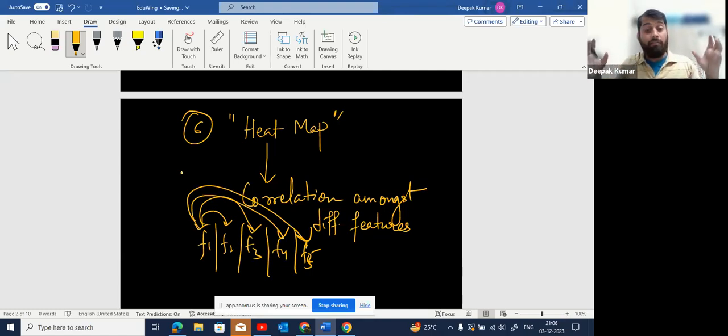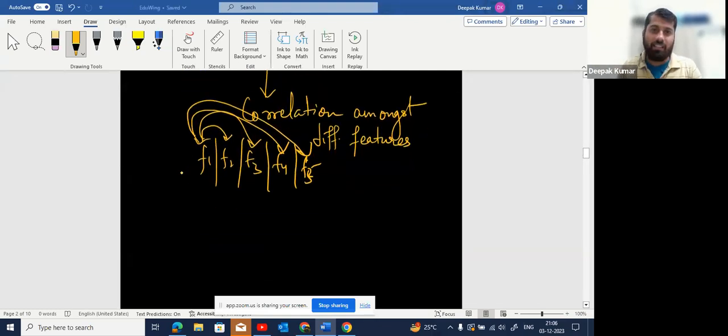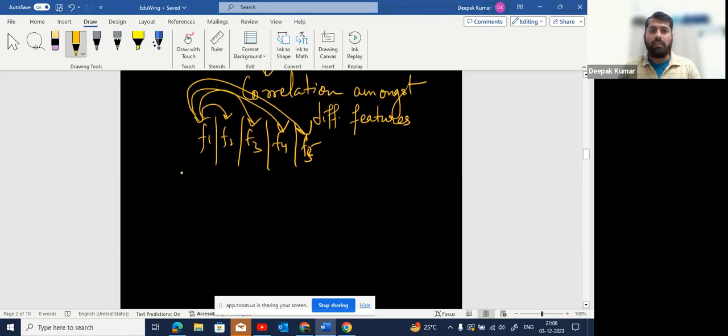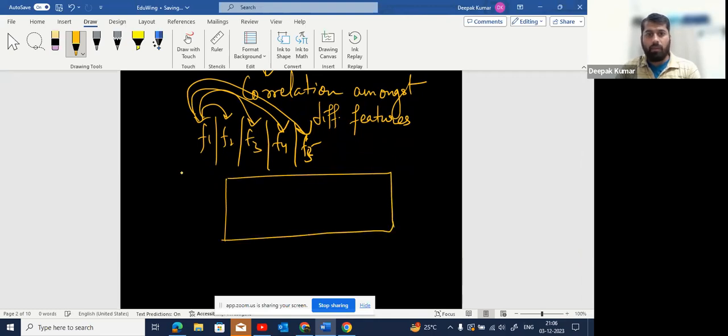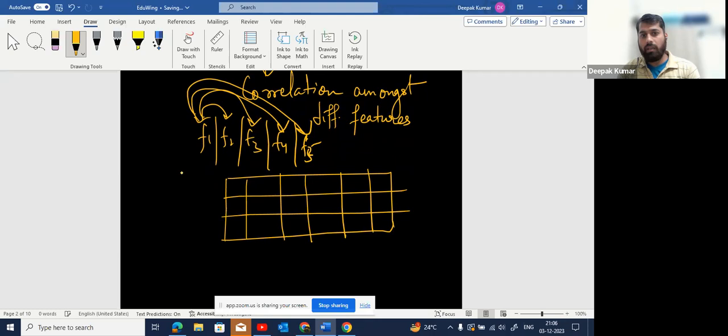If they are very much correlating, it means we can remove any of them. Why keep unnecessary repetitive features and increase the complexity of the system? Agree? So suppose I draw the heat map, 1, 2, 3, 4, 5, 6, then if the features are of similar nature, say if I take